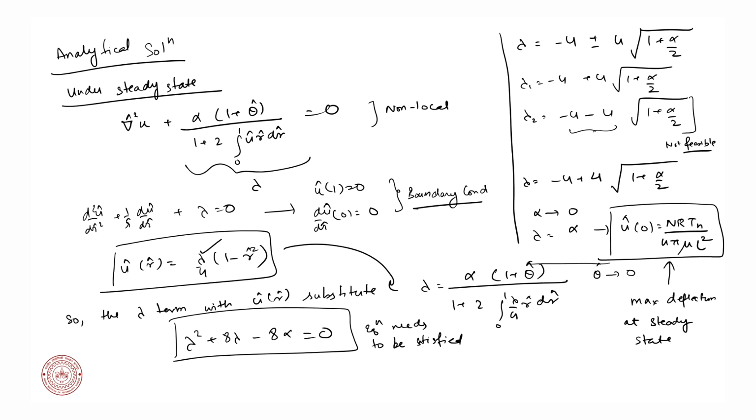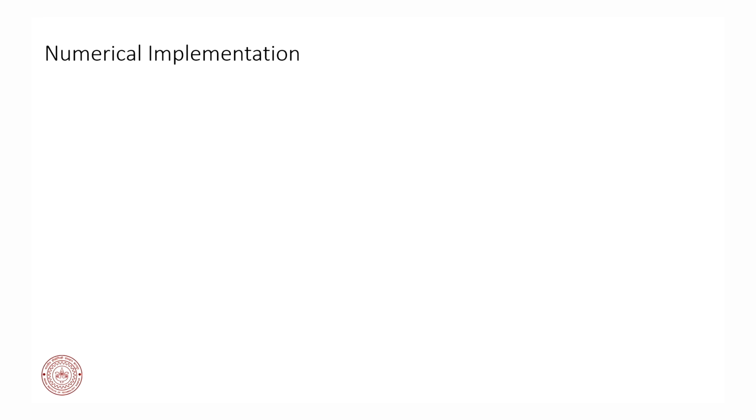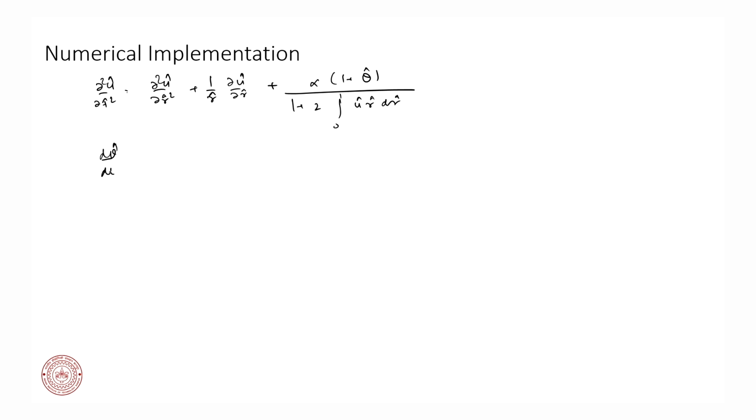The first equation is ∂²u/∂t² equals ∂²û/∂r̂². So, we are doing it in cylindrical coordinates, ∂û/∂r̂ plus, let me quickly write these equations down, plus α(1 + θ̂) divided by 1 plus 2 integration 0 to 1 û r̂ dr̂. The second equation was dθ̂/dt̂